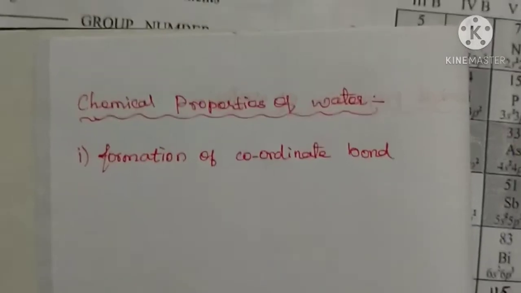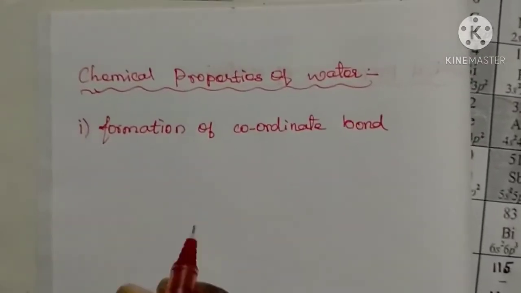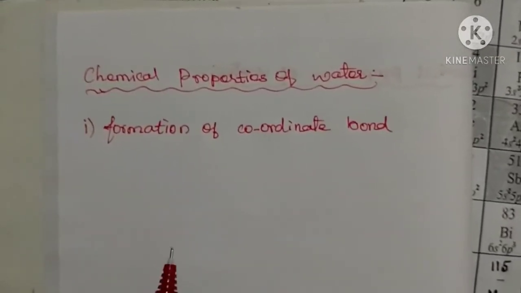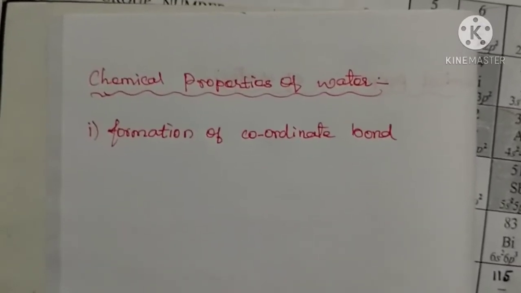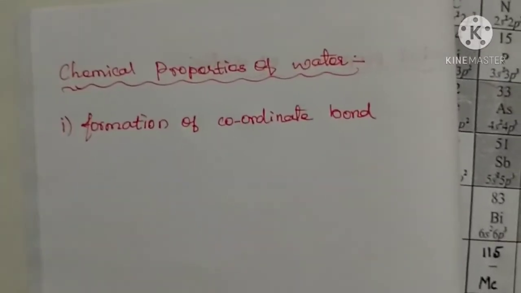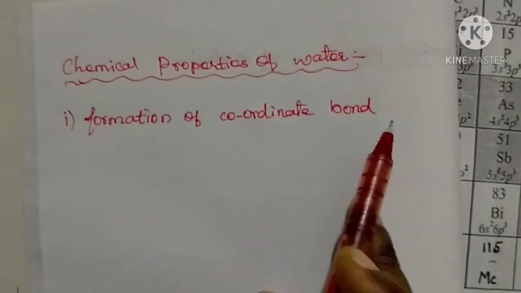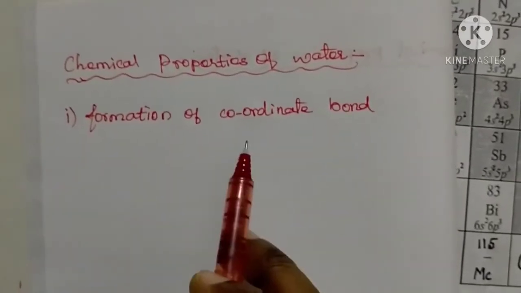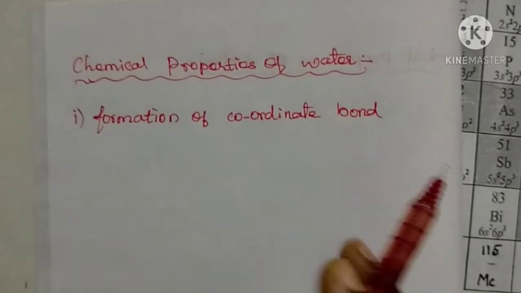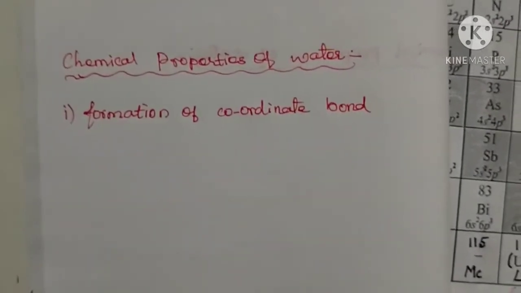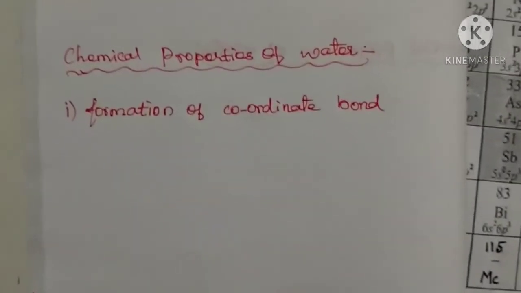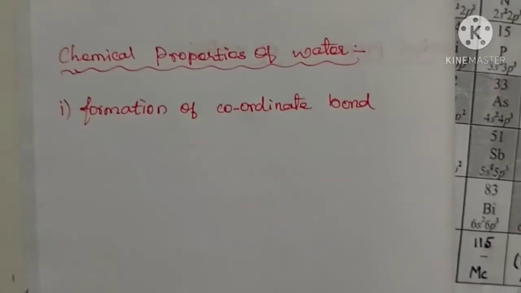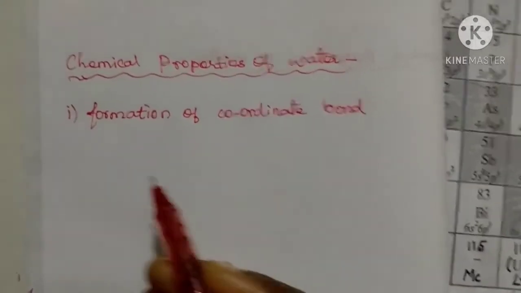The salt which is present in aqueous solution or water in the hydrated salt can produce the coordinate bond between the elements present in that hydrated salt in water or aqueous solution of hydrated crystals. For example,